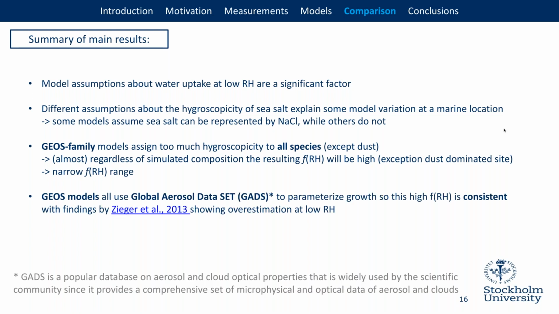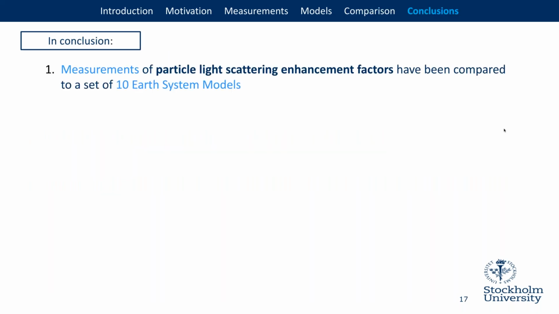Then one of the characteristics of these GEOS models is that they all use the global aerosol dataset to parameterize the growth. So this high F of RH is consistent with previous findings by Seeger et al. that showed that GATS overestimated hygroscopic growth at low relative humidities. So the conclusion is that we compare measurements of particle light scattering enhancement factors with a set of 10 Earth